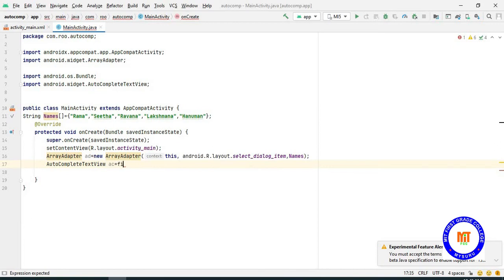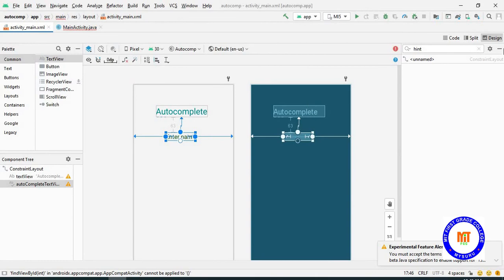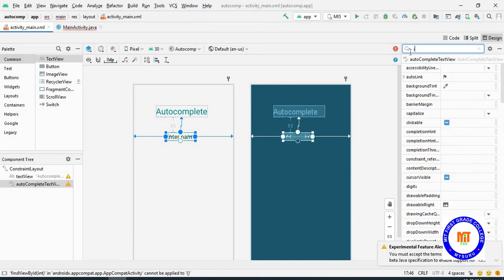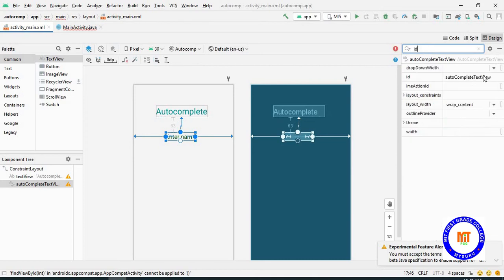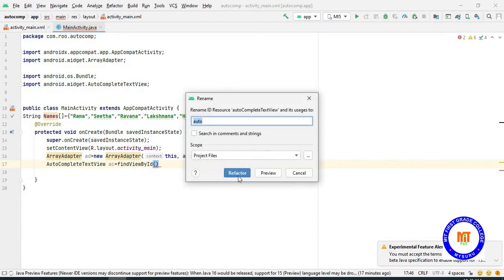So for that I am using findViewById. Here I have to use the same ID which I have given for this. I think I didn't give any ID. So you can give an ID or you can use the built-in ID. I'll change this ID to auto. So here also you have to give the same thing.